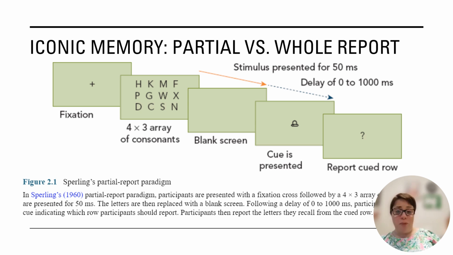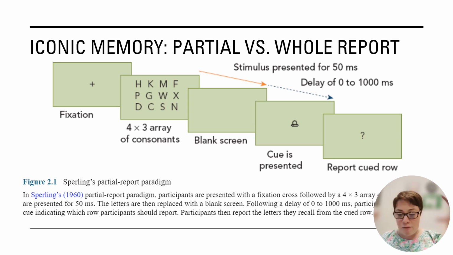Participants reported 3.4 out of 4 possible letters on average for a partial report score of about 11. So if we multiply the 3.4 by 3, we get 11 compared to the whole report score of 4.6. So essentially, Sperling discovered that what resided in the iconic sensory memory register was the entire 4 by 3 array of letters, and the reason that people could only report 4.6 out of 12 in that case is because even